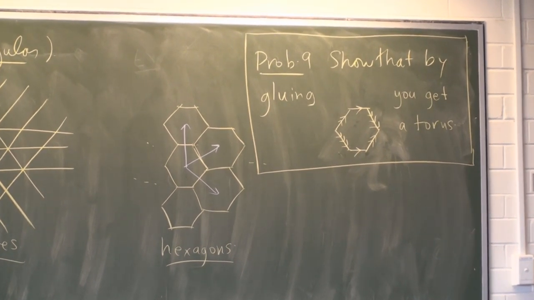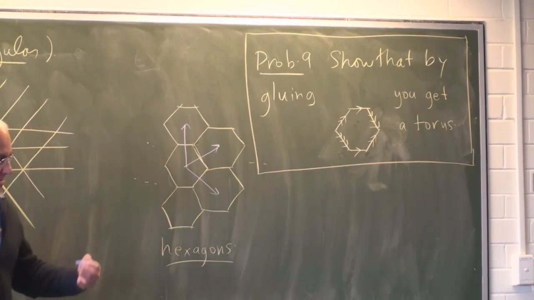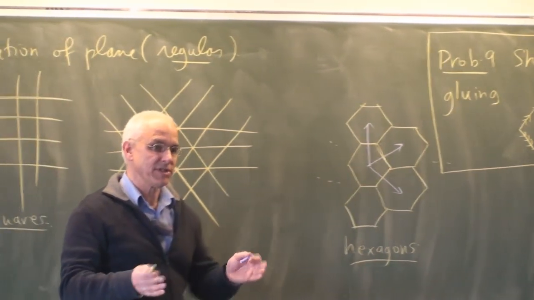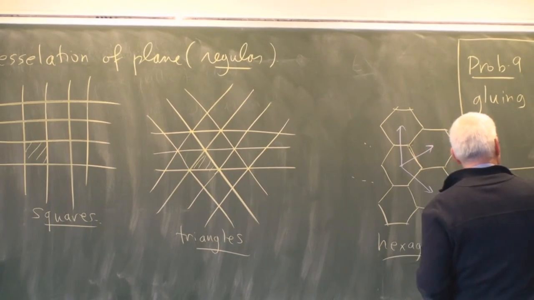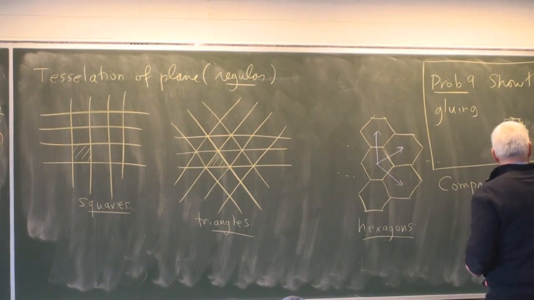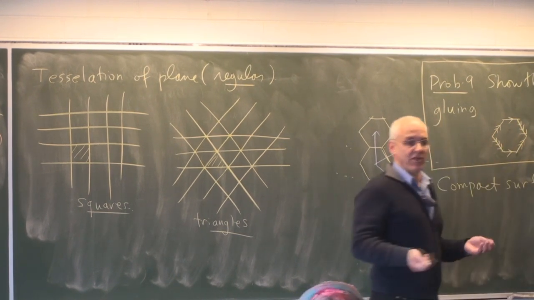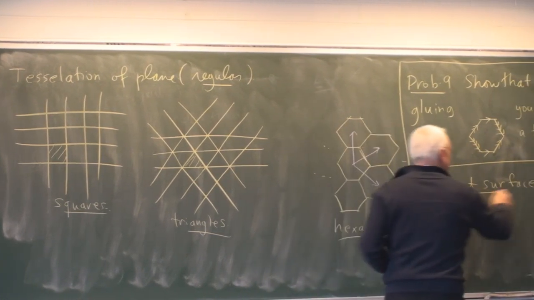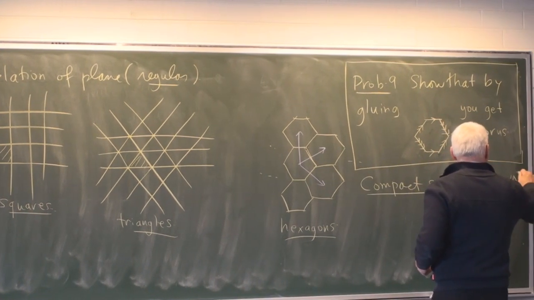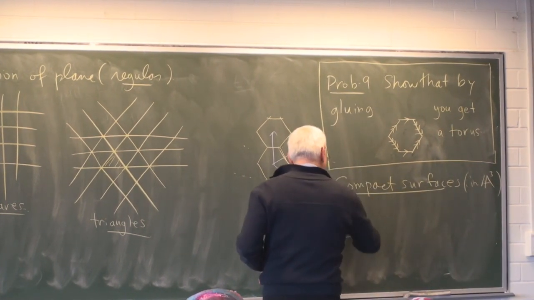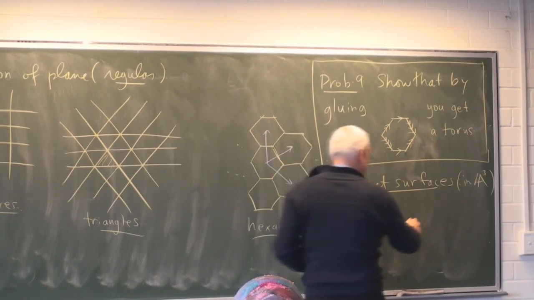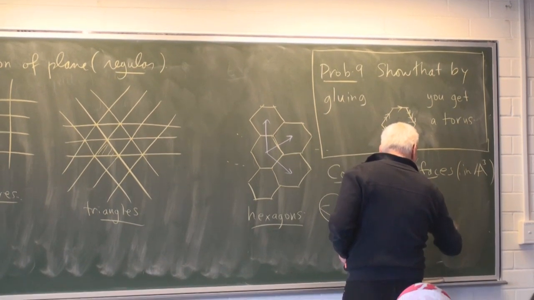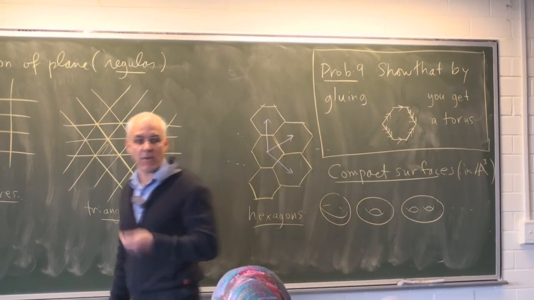Okay, so at the end of the 19th century, people started to realize that surfaces, at least closed and compact surfaces, the compact surfaces that you could actually make a model for in three-dimensional space, could be listed. There was the sphere, obviously. There was the torus. There was the two-hole torus, and so on, three-hole torus, and so on. And that was it.